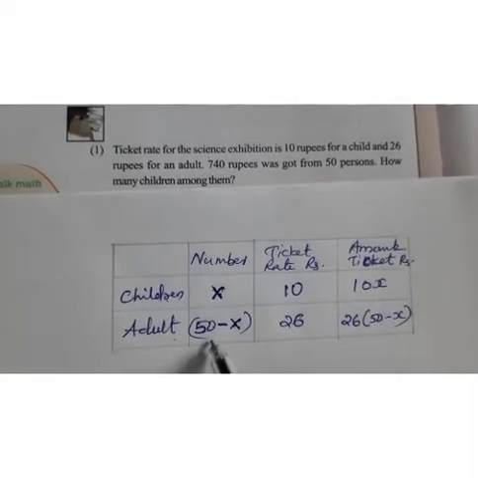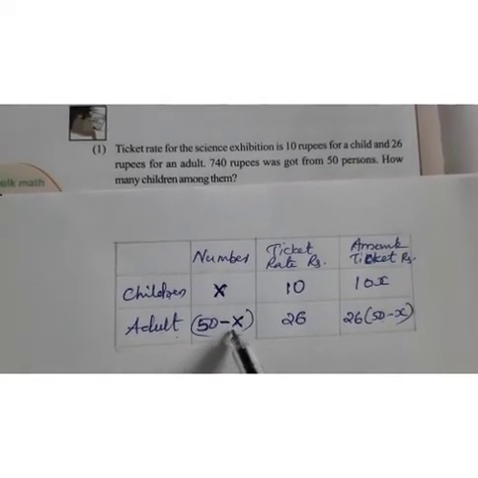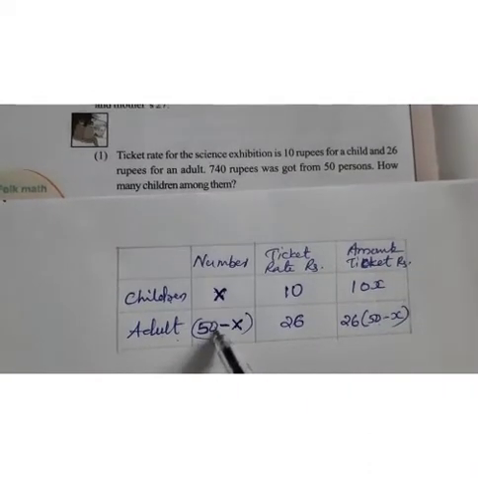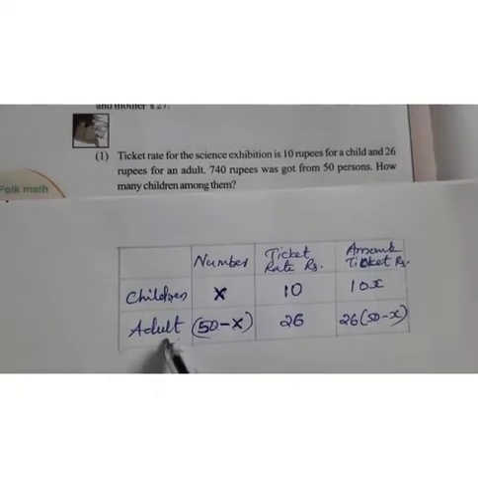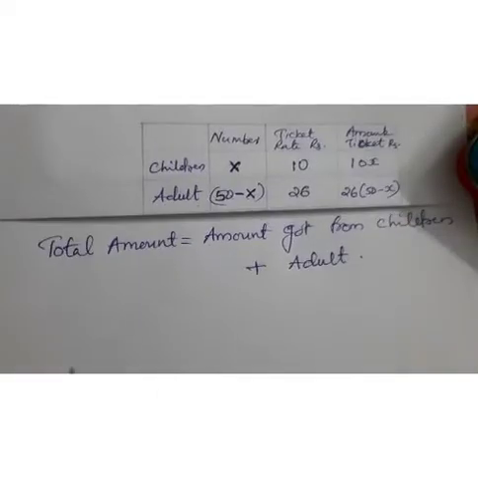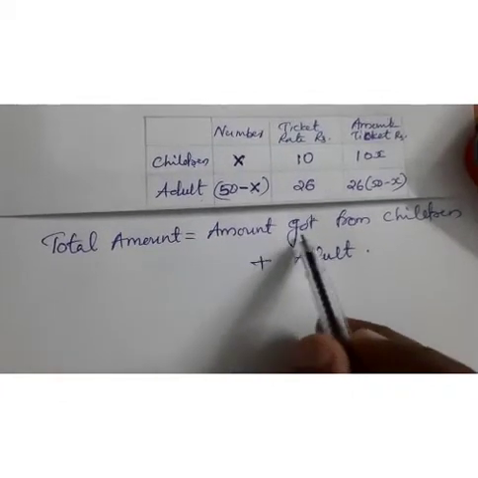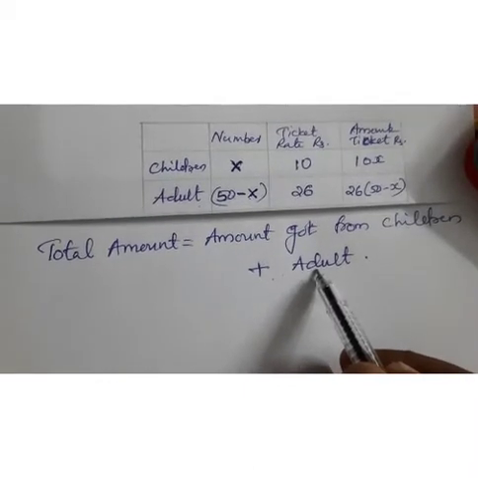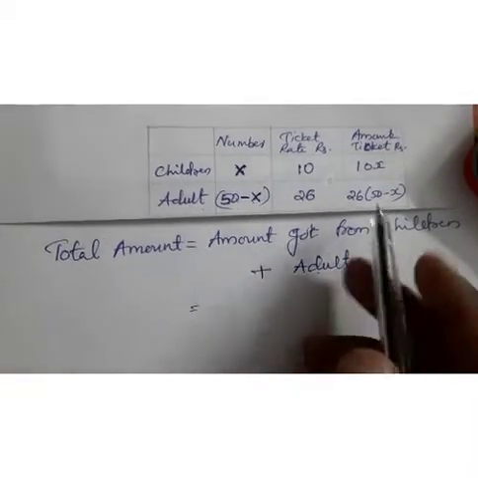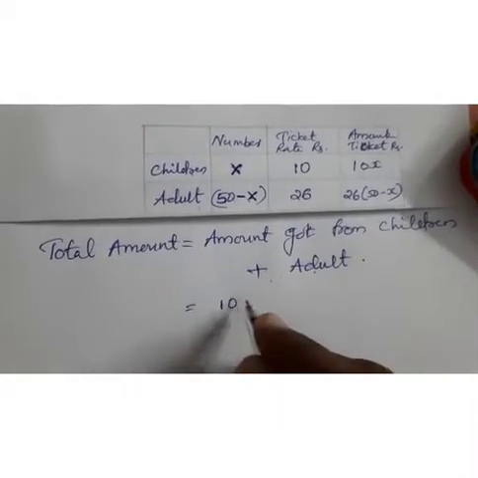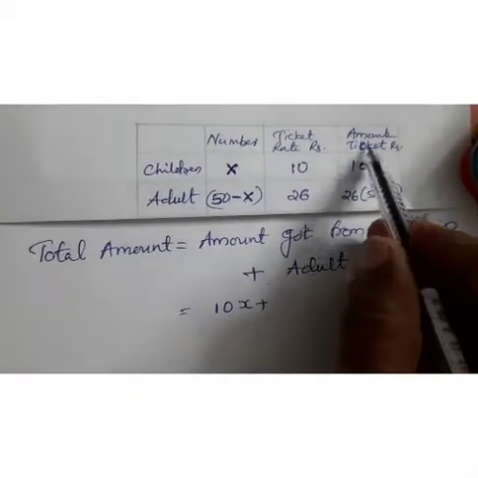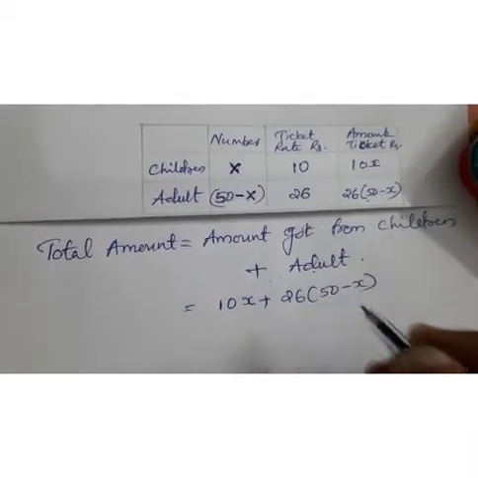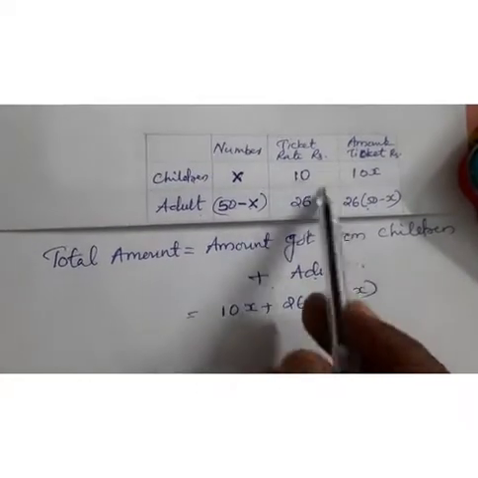So you understand, I think, how you got 50 minus x. Total 50 persons, out of that x children are there. So 50 minus x should be the number of adults. Total amount is equal to the amount got from the children plus the amount got from the adults. How much is the amount got from children? It is 10x plus the amount got from the adults, it is 26 into 50 minus x. This is how much total they got,